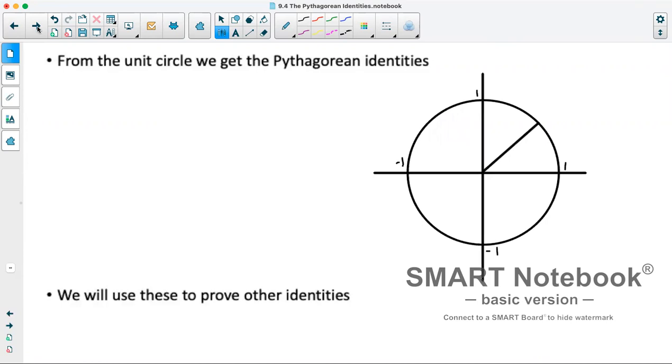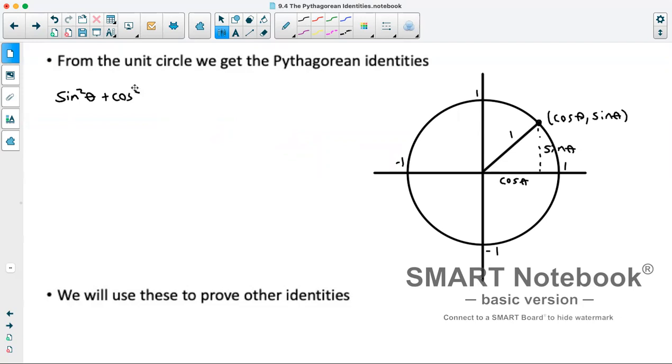So we're going to revisit the unit circle that we went over earlier in the course. Essentially, if we have a unit circle, that means a radius of 1. Any point on the unit circle itself is given by cos theta, sine theta. So that means this side length is equal to cos of our angle, and this one is equal to sine of our angle. So if we did Pythagoras with this, that gives us sine squared theta